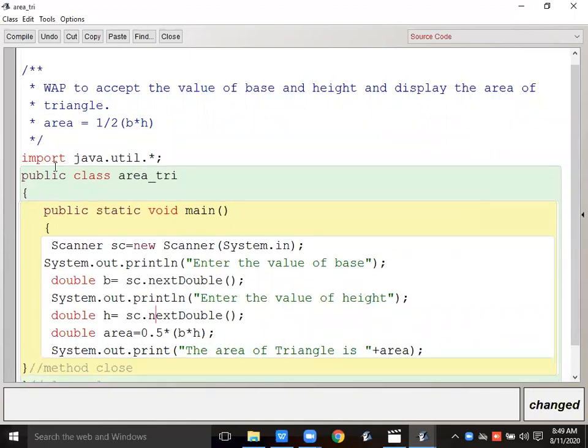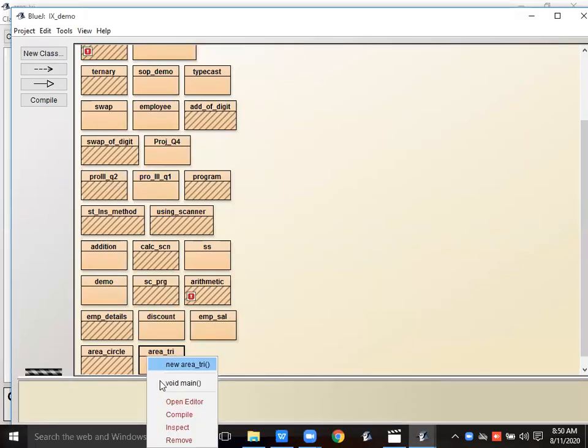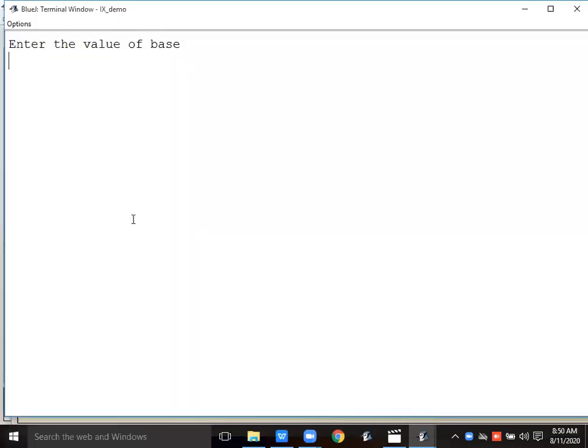See over here, if I'm writing 1 divided by 2, everyone pay attention again. 1 divided by 2 means 1 will be divided by 2. 1 is an integer, 2 is an integer, so it's going to give me 0. Then 0 multiplied by b multiplied by h, so ultimately I'm going to get the answer as 0 only. This type of error is a logical error. See that, 3 and 4, 0.0.